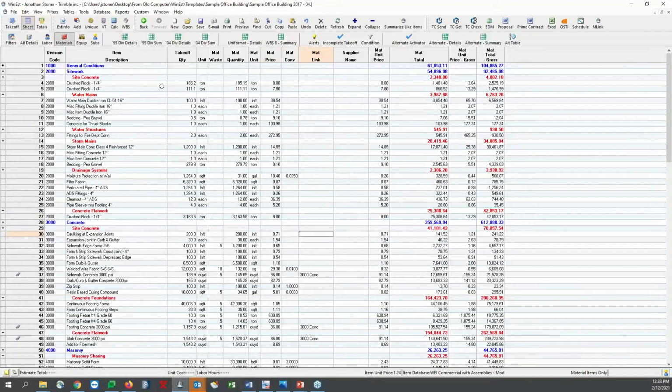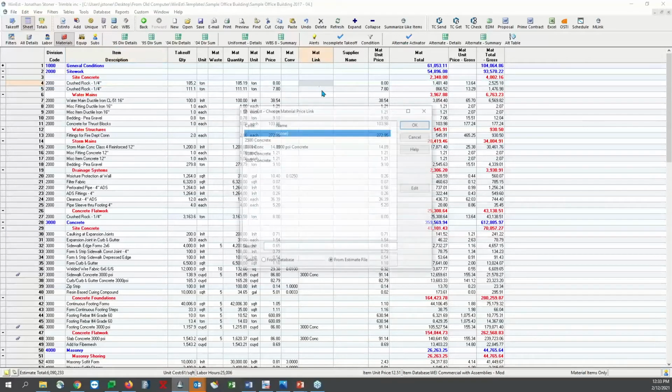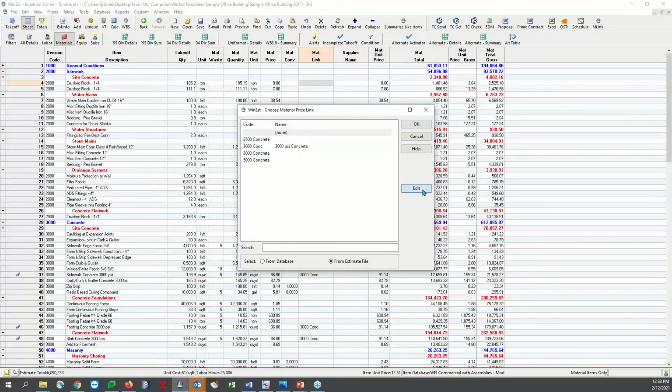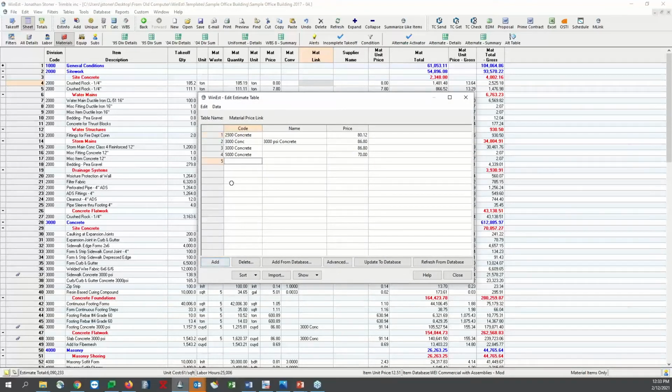So we've all struggled with trying to find the items, making sure we don't miss any pricing and that sort of thing. But here's what's going to make life a little bit easier. We use what is called a material price link. It's a table that will keep all of our material prices in one place. So I adjust it in one place, and it will find all the items that are tied to the table. So if I go in here into this column called material price link, in the row for crushed rock, double click, I'll have this table that comes up,